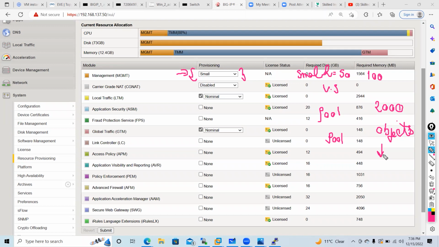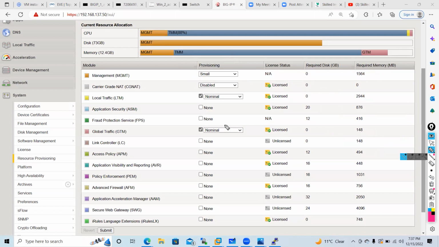You can also search, like if you're running multiple modules, LTM, GTM, and ASM, for a large configuration containing more than, let's say, 2000 or 3000, in that case, you should configure large as a model.